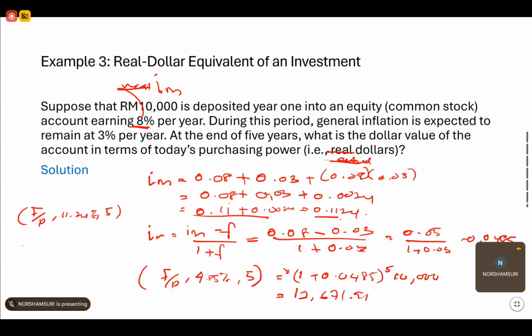So you can put the same thing, 10,000 times 1 plus 0.1124, and then this one to the power 5. So you can get this value, which is about